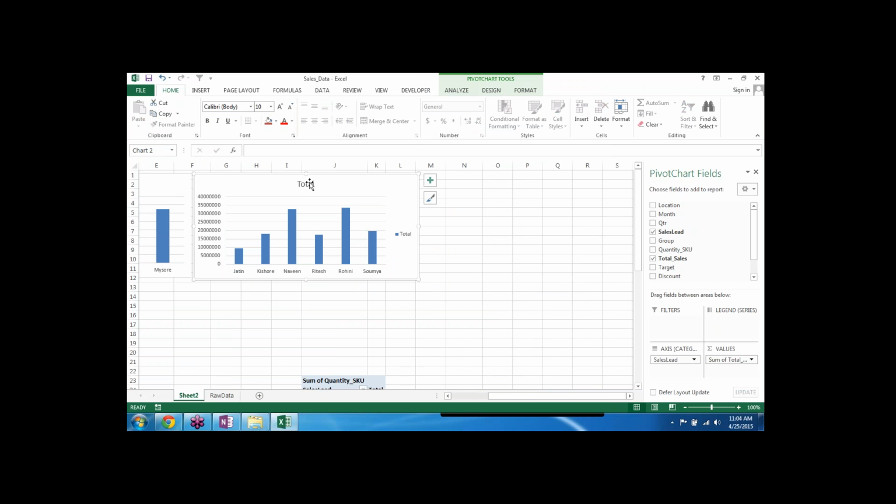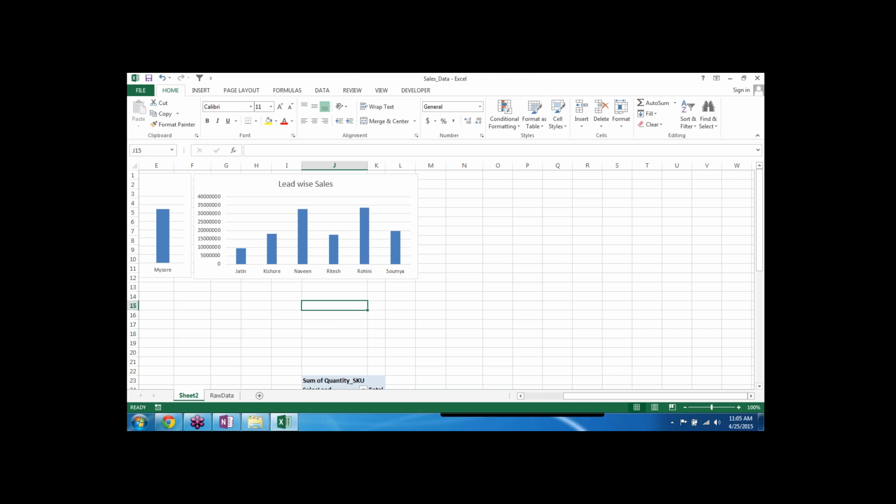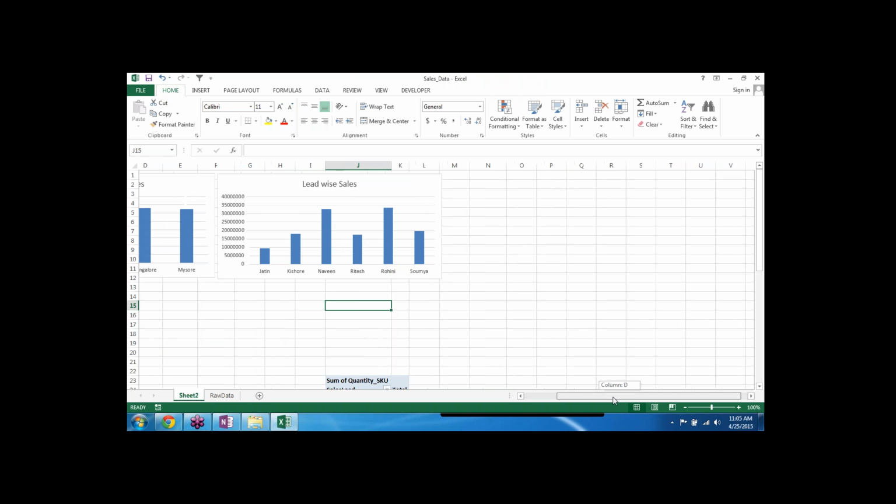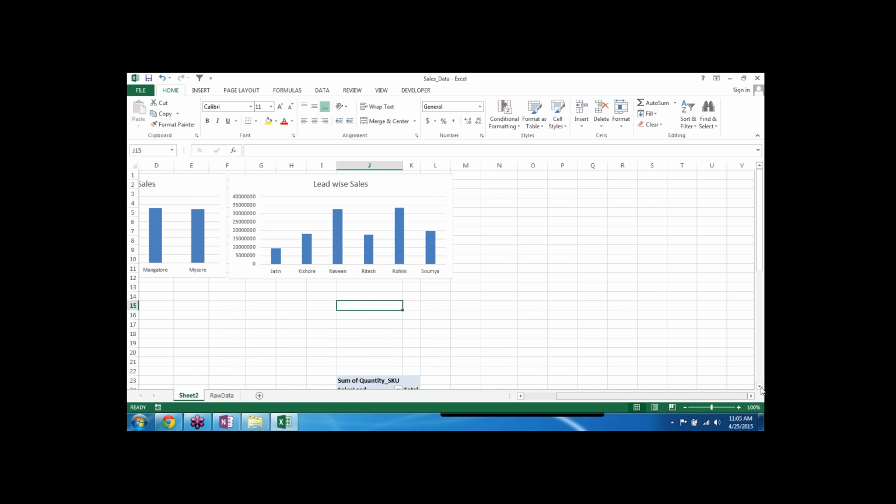Because this is one series, I am removing that total part, and then I'm saying this is lead wise sales. Simple. Lead wise sales. So two charts made. Let's talk about the third chart.